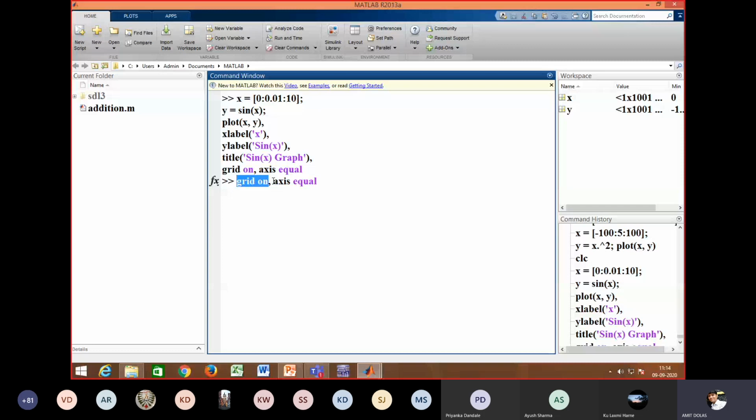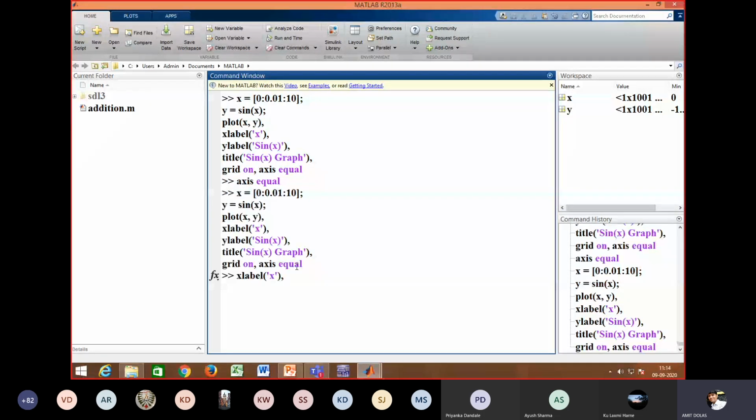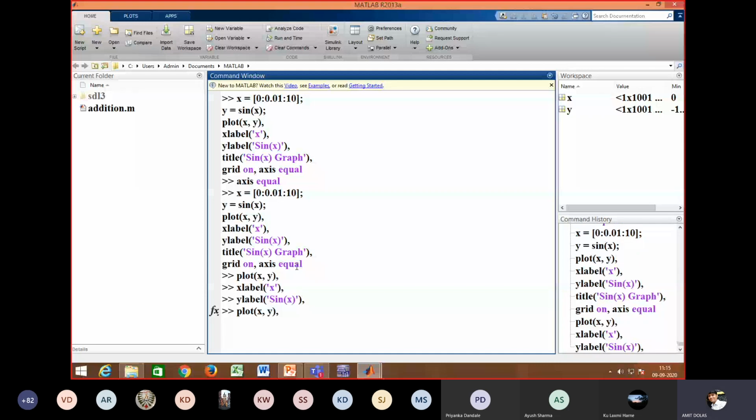I have to run the complete code. We'll run the complete code here. So you can see I'm repeating the steps because I wanted to remove the grid here.